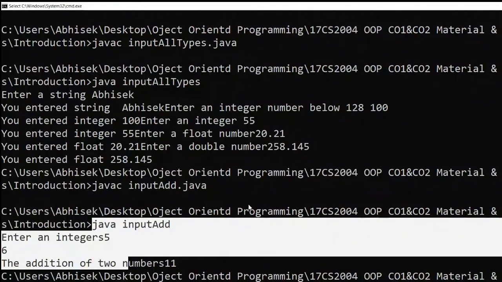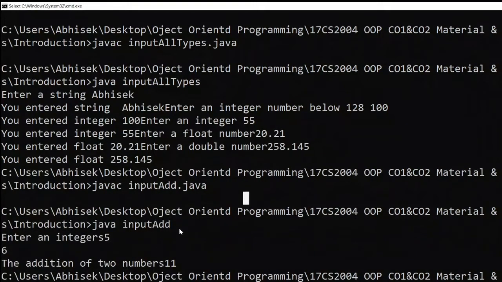So just remember this command. For the compilation, you will write javac and the file name. Clear? This is the command for compilation: javac file name dot java. For running the file, java is the keyword and the file name. And this file name must be the same as the class name.